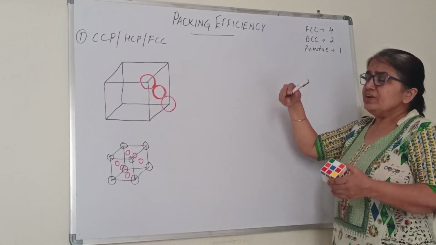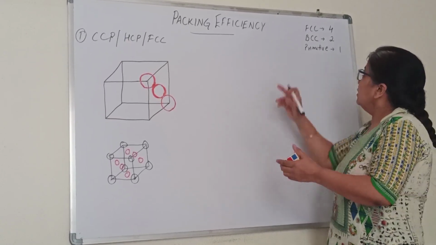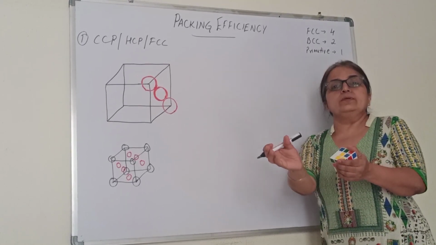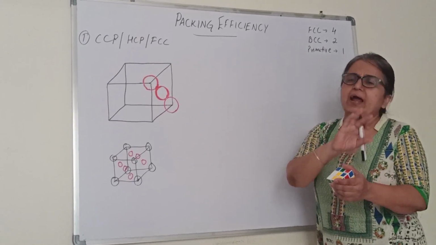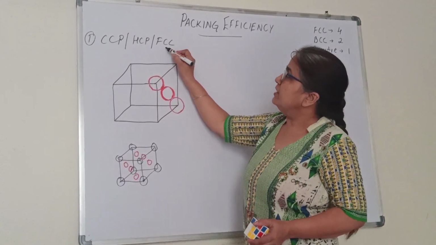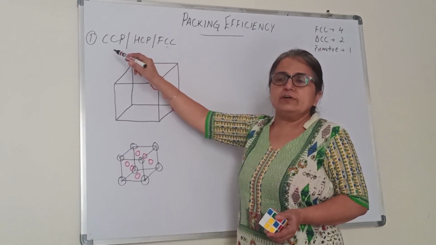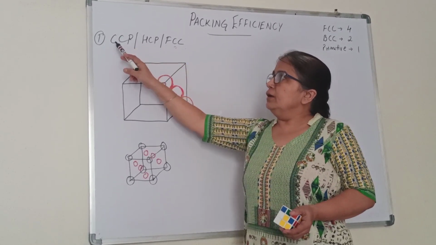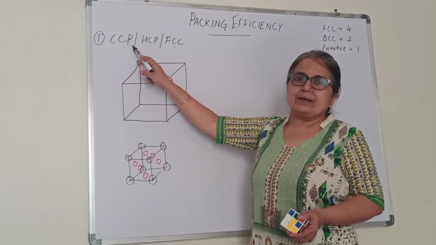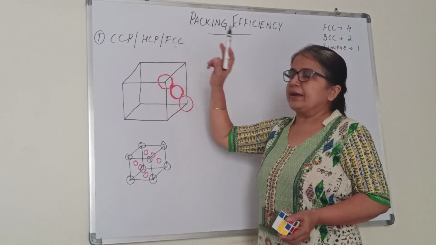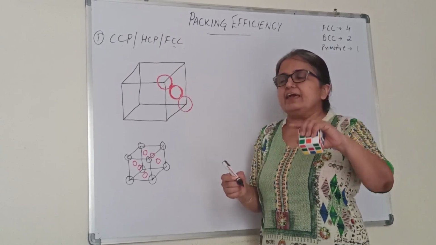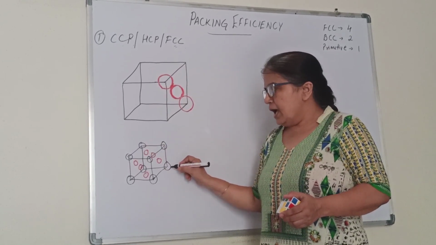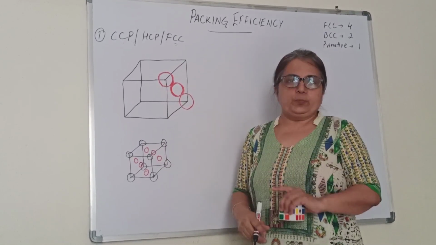So we will discuss, in the unit cell of these 3 types, out of the total volume, how much volume is occupied by the constituent atoms. I am taking the first one, FCC, which is also referred to as CCP or HCP, face centered cubic. This is cubic closed pack, hexagonal closed pack. Now first let us recollect what FCC was. All corners and the centers of the faces are occupied.